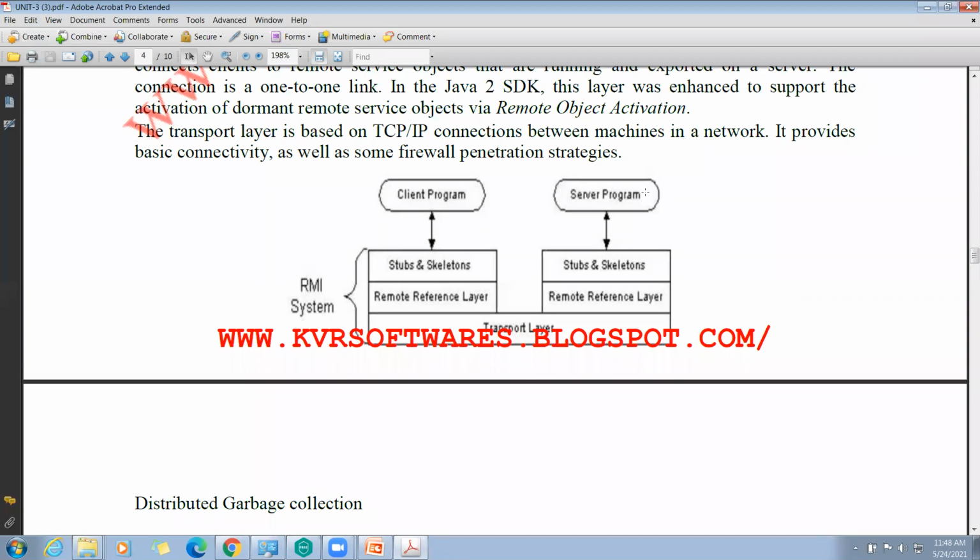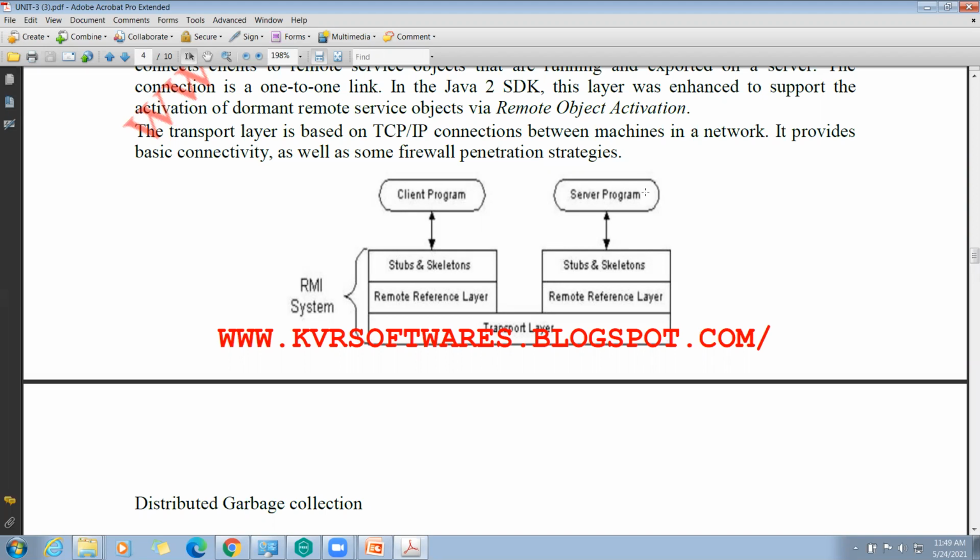It is a mechanism that allows an object residing in one system, that system being the JVM, Java Virtual Machine, to invoke an object running in another Java Virtual Machine.